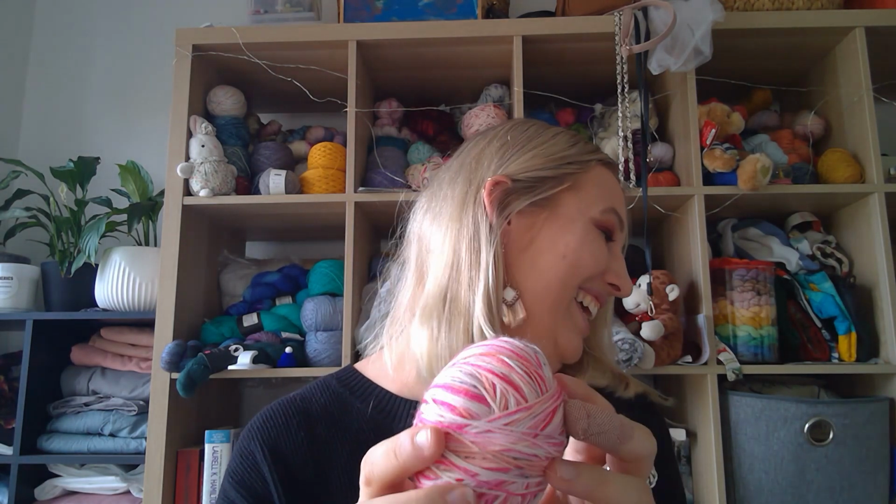Slow down. So Jane did this amazing colorway, and I am so obsessed with it. It is just so beautiful. And I love the oranges and the neon pinks and then the white with little black speckles. The whole thing sings to me. It really does. So I knew as soon as I got it that I wanted it to be a textured